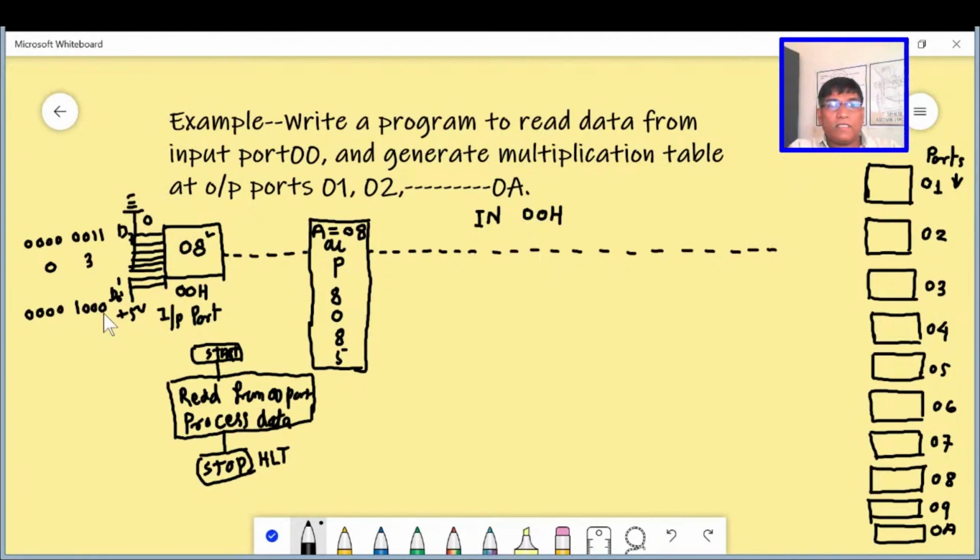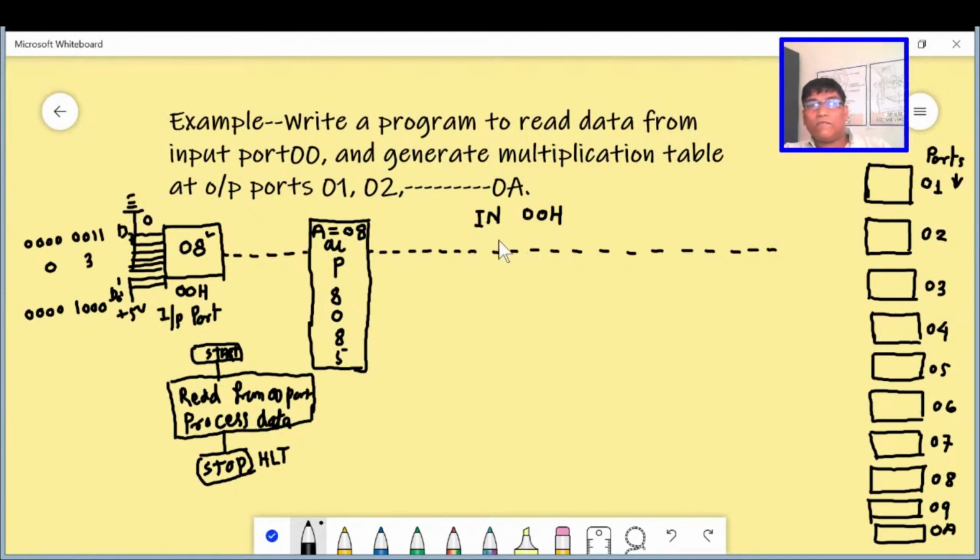That means the D3 line must be at plus 5 volt, other lines must be at 0 potential. In this way we can feed any number to this input port manually, which will be read by the microprocessor, and after execution of this instruction IN 00H, the accumulator content will be 08, right?